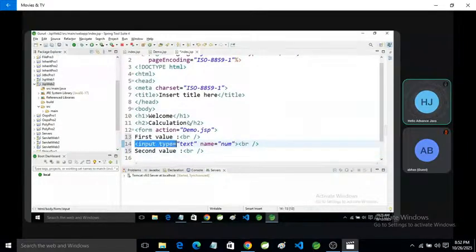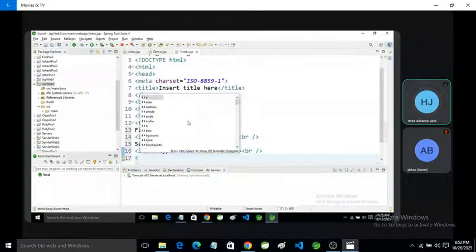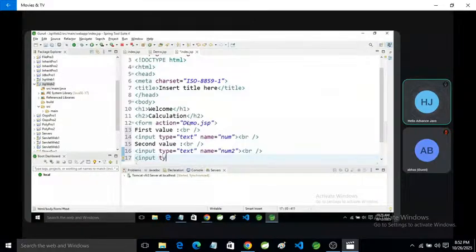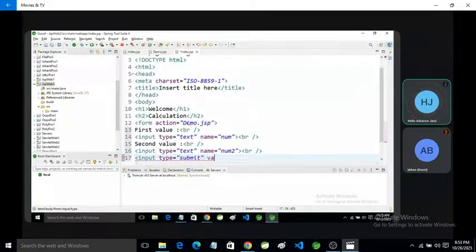Same as we can input the second value, that is num2, value is equal to, you can use as you like.